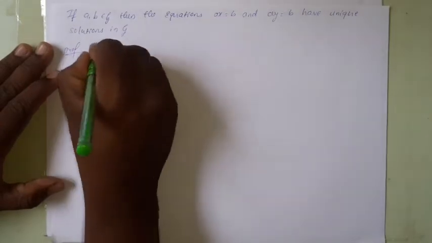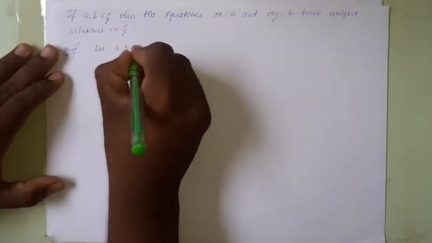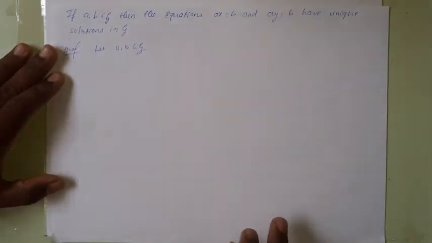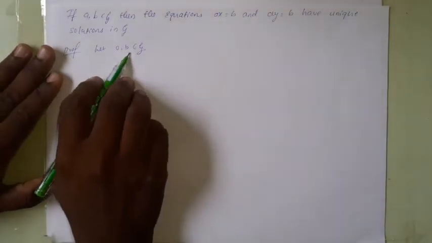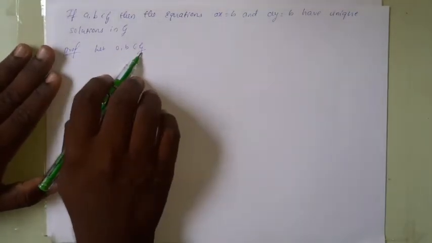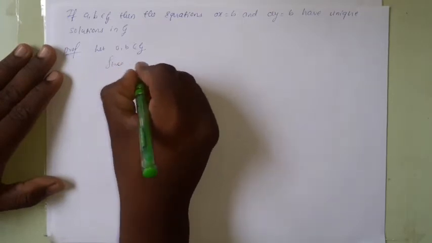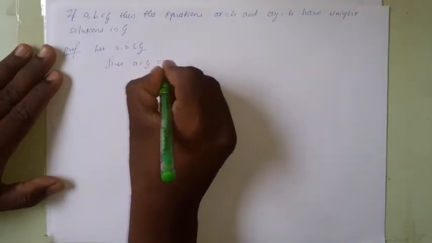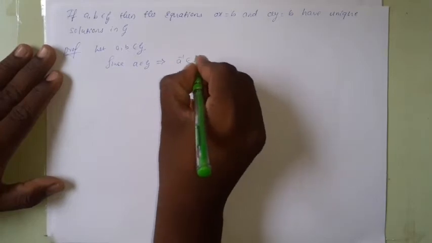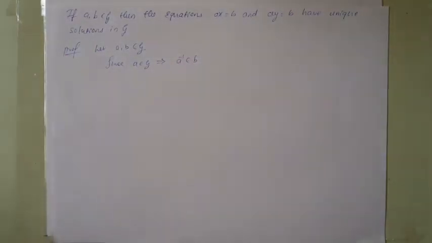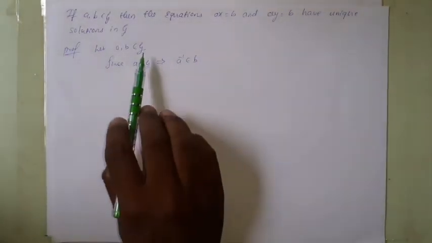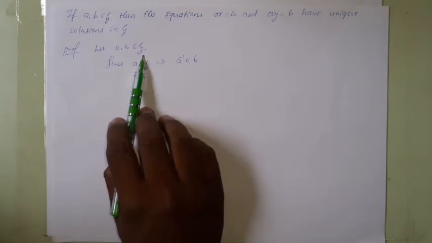Proof: let A comma B belongs to G. It is given that the two elements A and B are in the group G. Now since A belongs to G, it implies that A inverse belongs to G. So here it is given that G is a group,